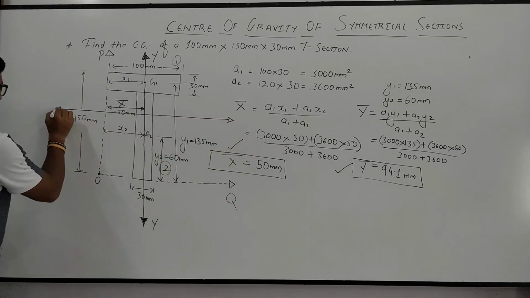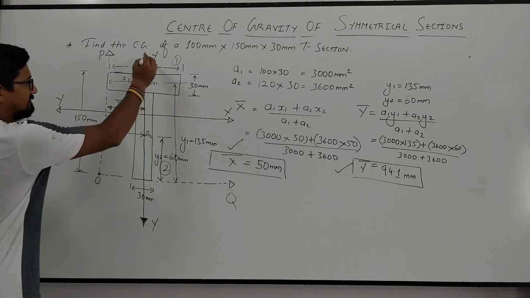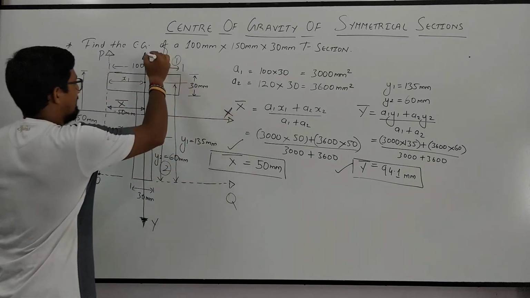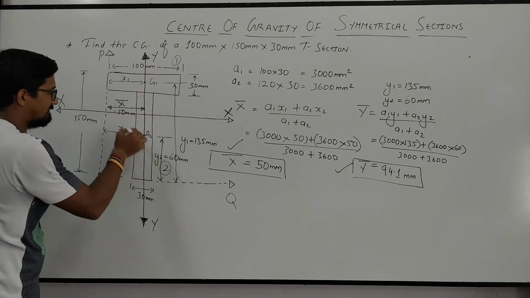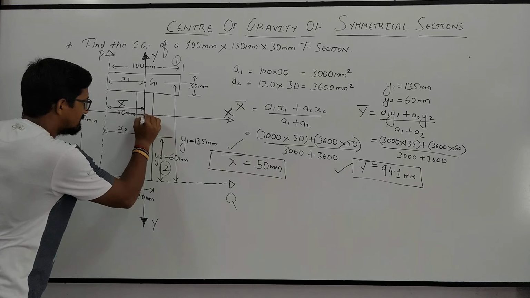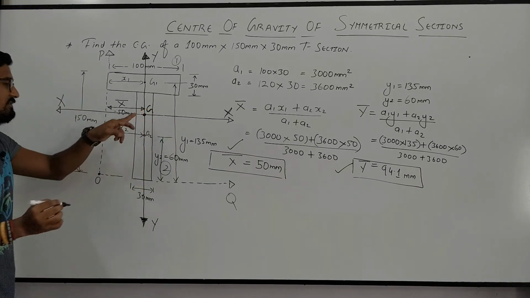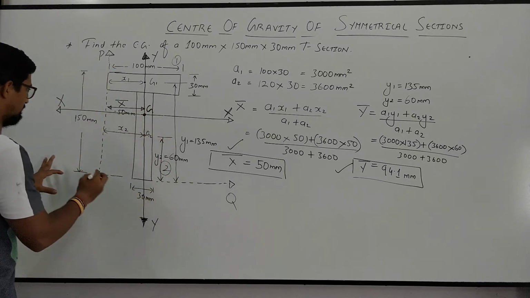So this is the x axis, and this is the y axis, the vertical axis. The point at which the x axis and the y axis meet is called the CG, center of gravity or centroid of the figure, and this value